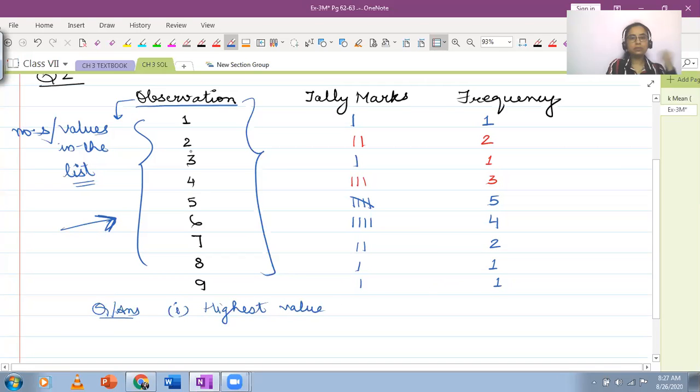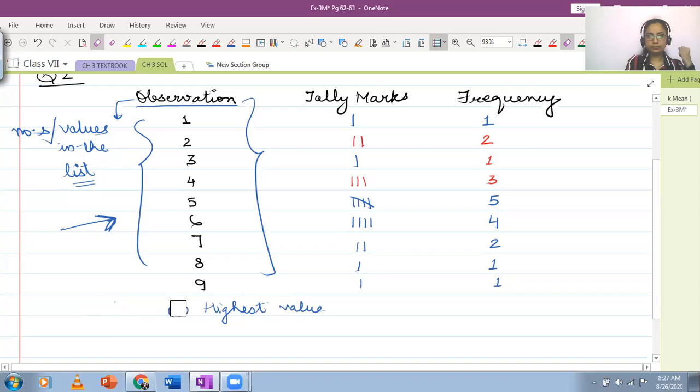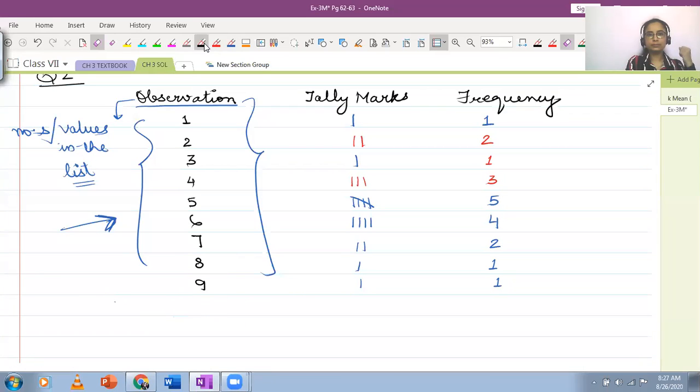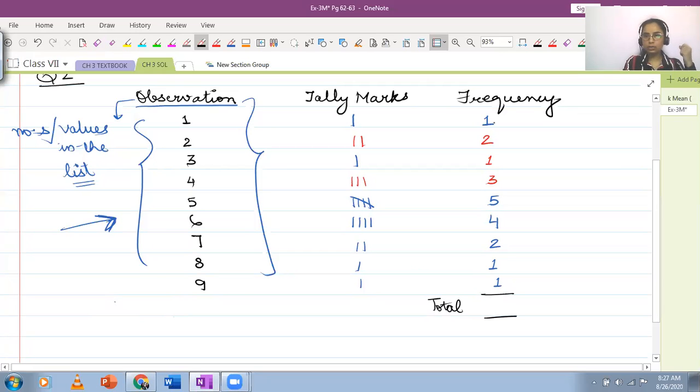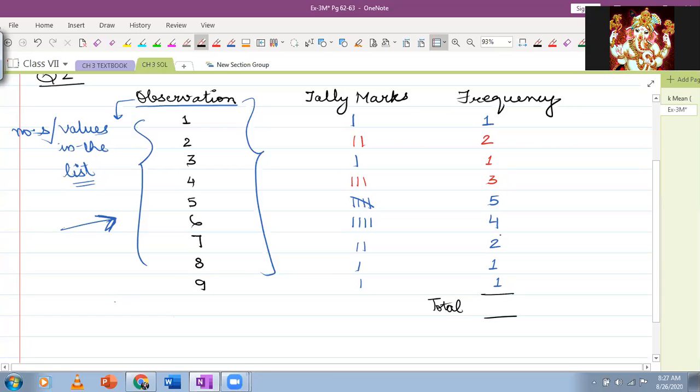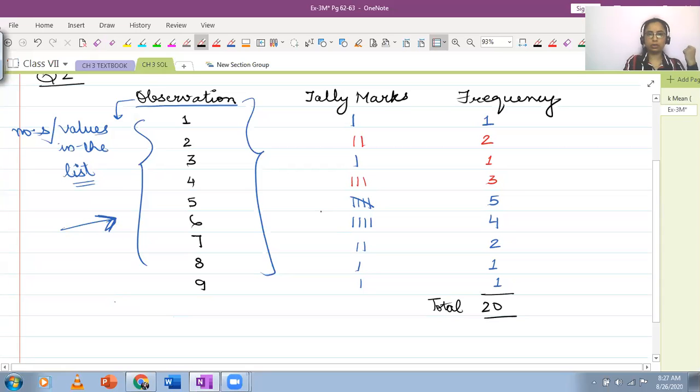Oh, I'm sorry, I missed that. Let's just write that. We are supposed to write down the total. Shivam, thank you. We are going to write down the total and see if we counted all the values. So this is 3, 4, 7, 12, 16, 20, which matches the list in the book. The book contains 20 numbers and our list also contains 20 numbers. So this is correct. And now we can go to our question answers.